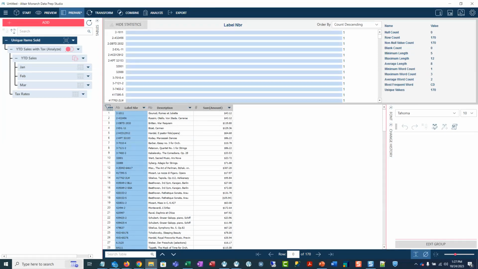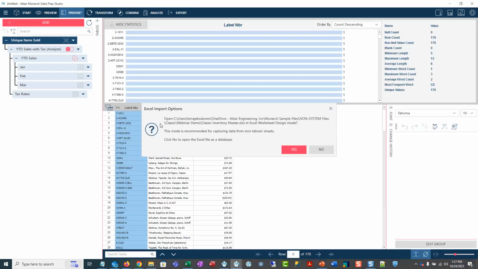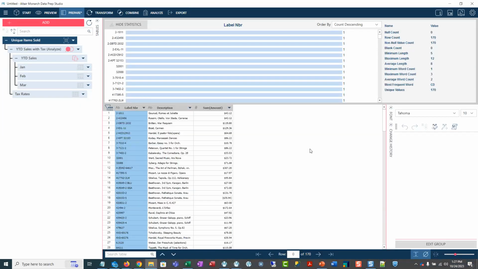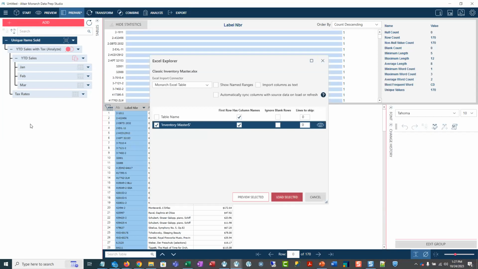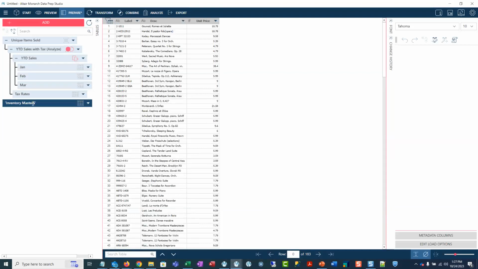I'm going to bring in this inventory master file. I'm going to drag and drop that in. Click no. Load selected. Okay, so here's my inventory master file. I'm going to clean up the name here a little. And before I join this, I want to make sure I don't have any duplicates on this file, or I want to remove them. So if I click on